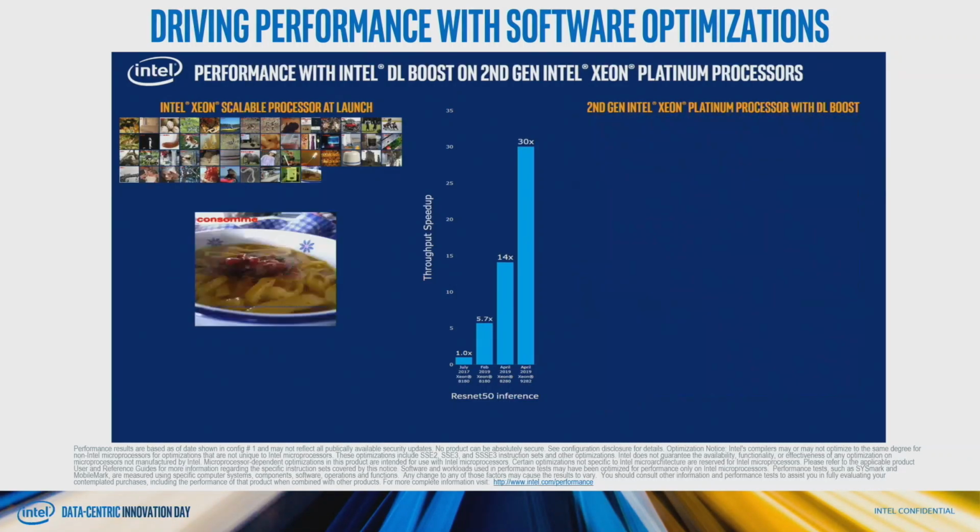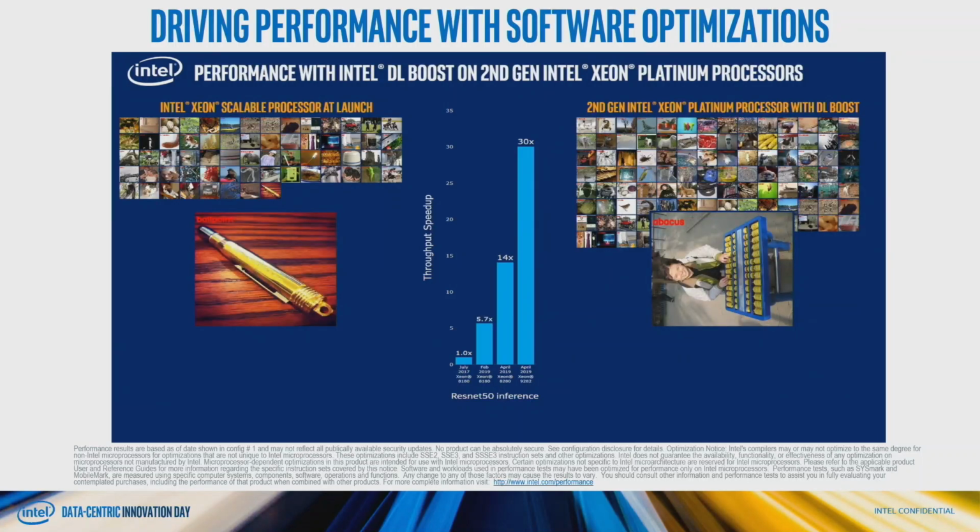And of course, since you can never get good enough performance for identifying cats fast enough, we actually had the Xeon Platinum 9200 series, which more than doubles what we get with the 14x with DL Boost. So that's actually a 30x improvement in performance. So the demo ended, but if you see the range in which we've been doing the optimizations, 1x is when we launched, and 5.7x is just software optimizations and hardware tuning and all that.